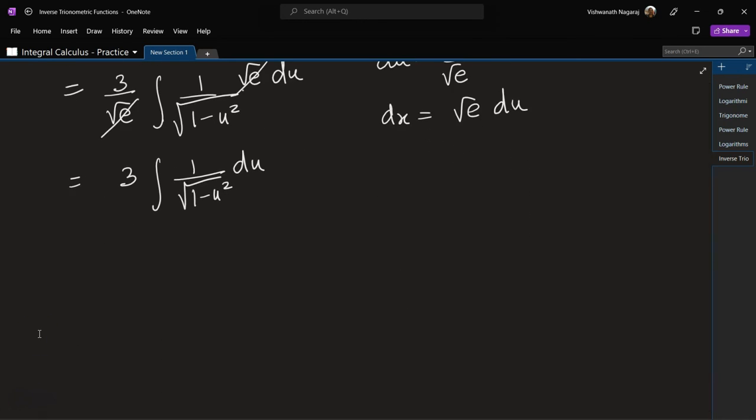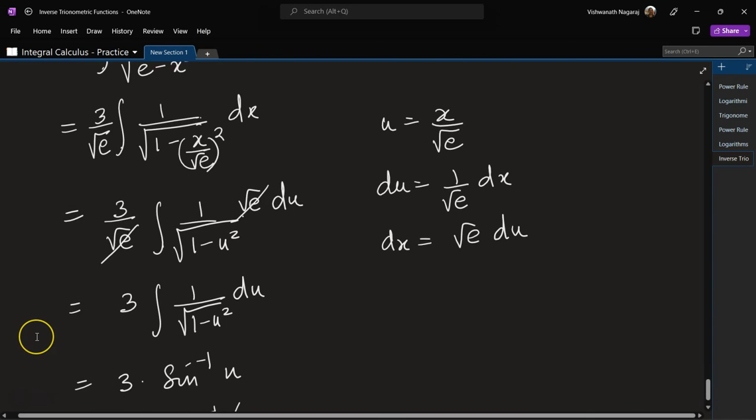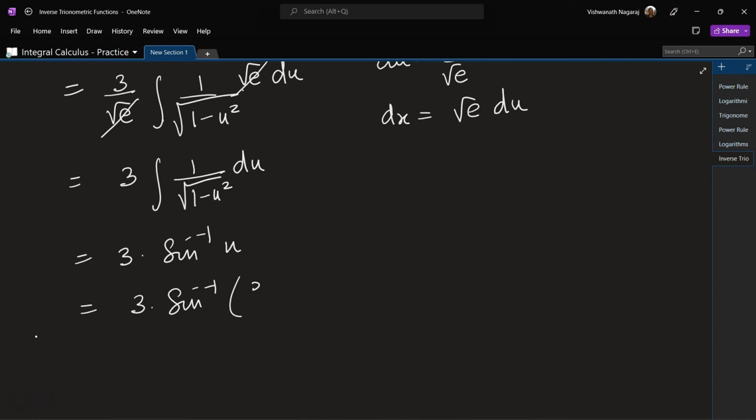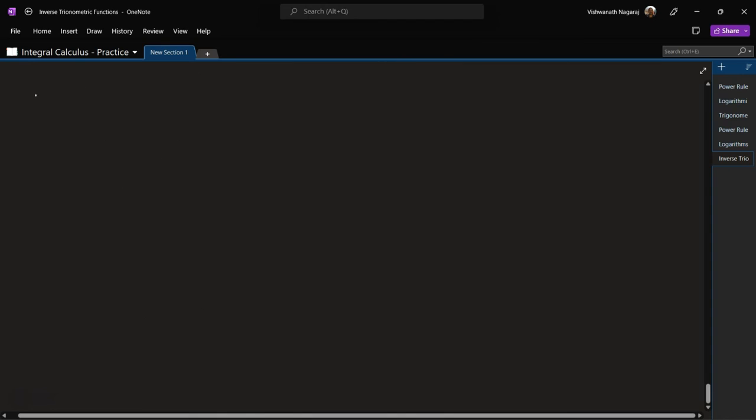And this we know is 3 times sine inverse of u, which is equal to 3 times sine inverse of, what is u? u is x by root e, x by square root of e plus c. 13th one,